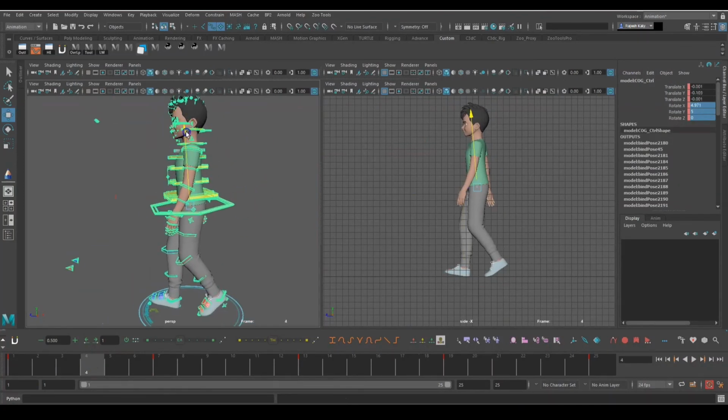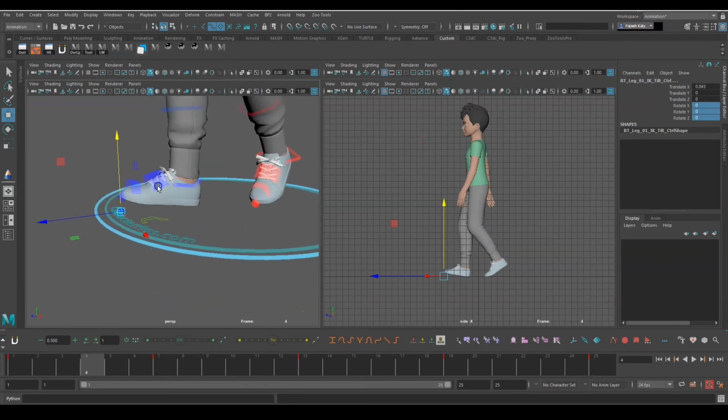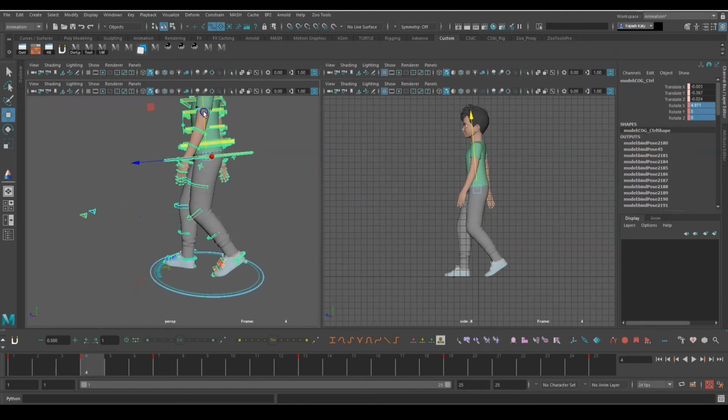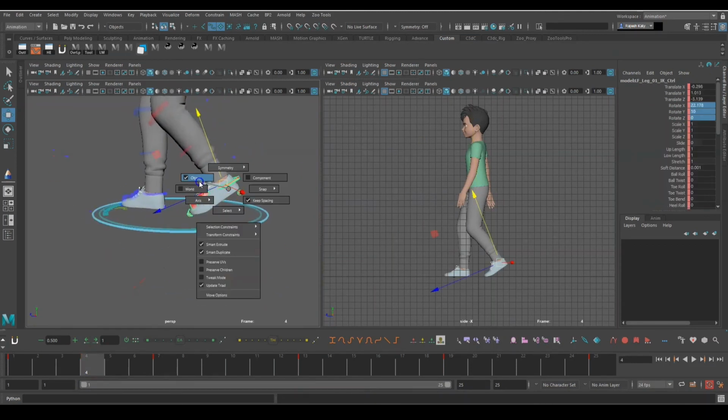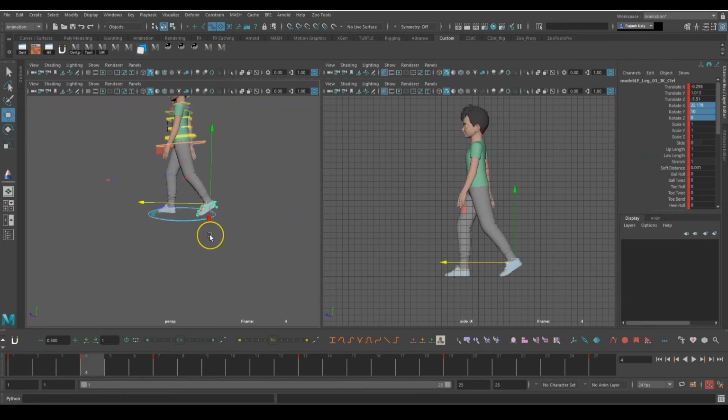Now we'll make a down pose on frame number 4. Select the foot control, zero out everything. Then take it a little down and select the back leg. Then move it backward. Then you will see the down pose.